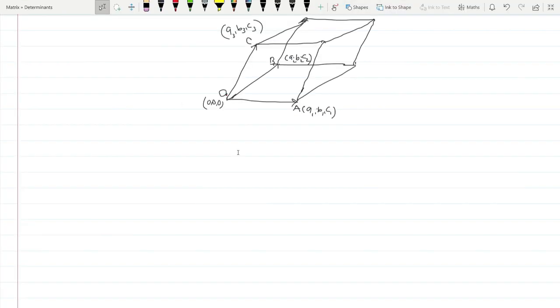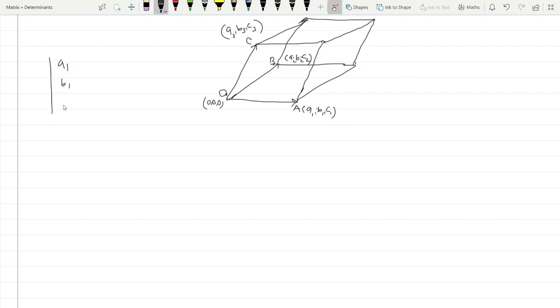Now we can extend this idea to 3D space. That is, the determinant of a 3 by 3 matrix may be used to calculate the volume of a parallelepiped whose adjacent edges are OA, OB and OC respectively. The coordinates of A are a1, b1, c1, the coordinates of B are a2, b2, c2 and the coordinates of C are a3, b3, c3. So the volume of this parallelepiped will be given by